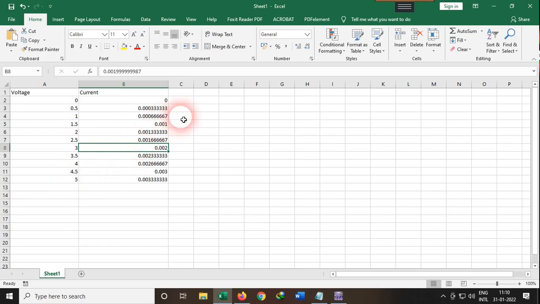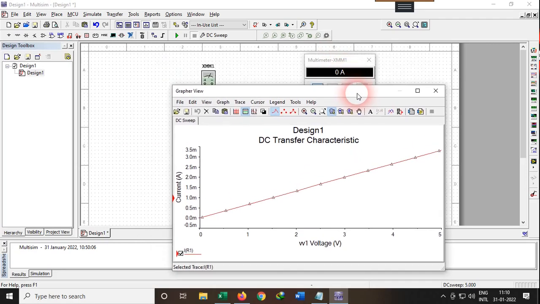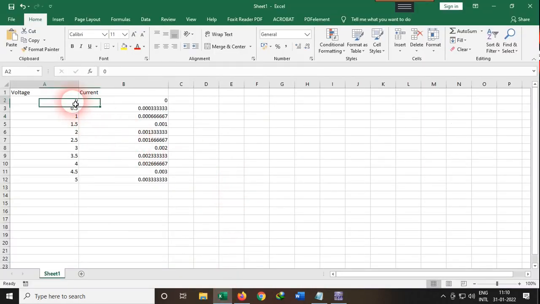Now if you want to make a graph of this, in Excel you could do it easily. You could also take the graph from here, but if you take the graph here, you will not be able to see the current data directly. It is showing the axis data. So the best and easy part is to move to Excel only. Making a graph in Excel is very simple.